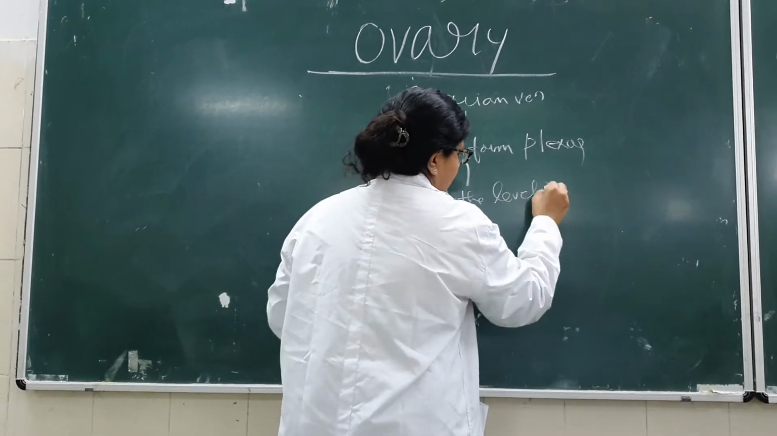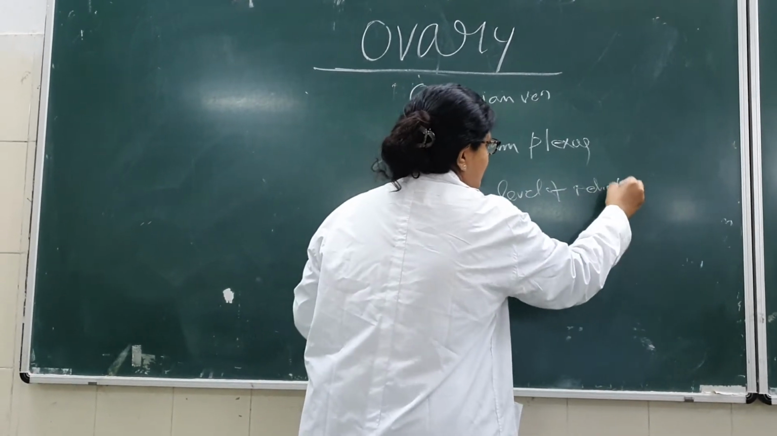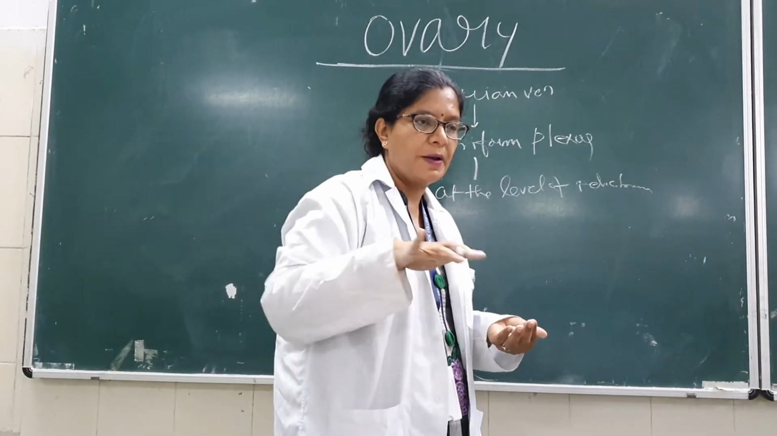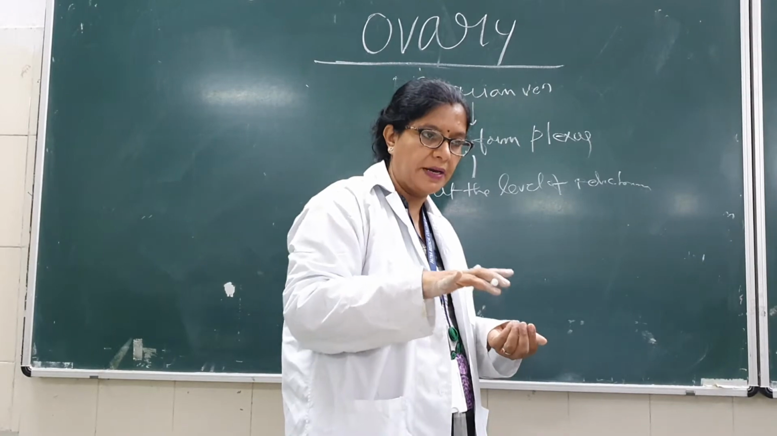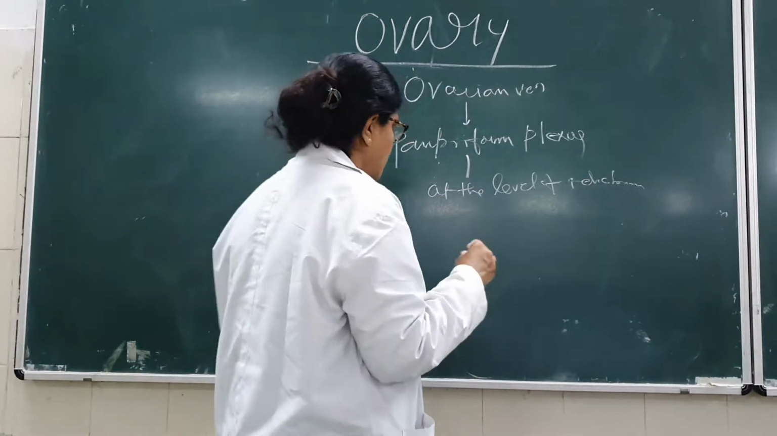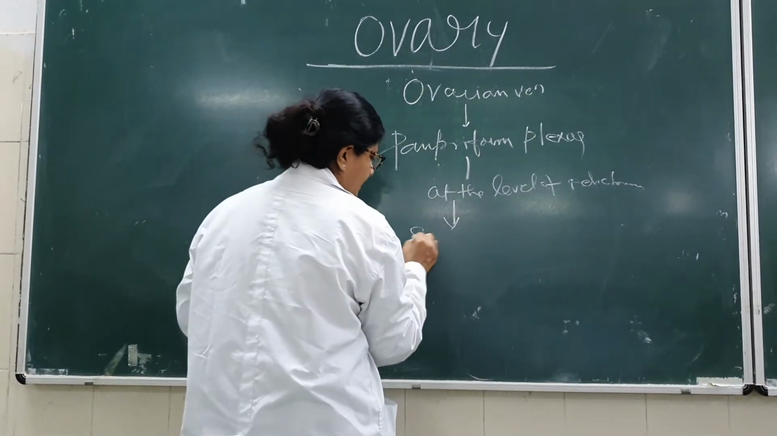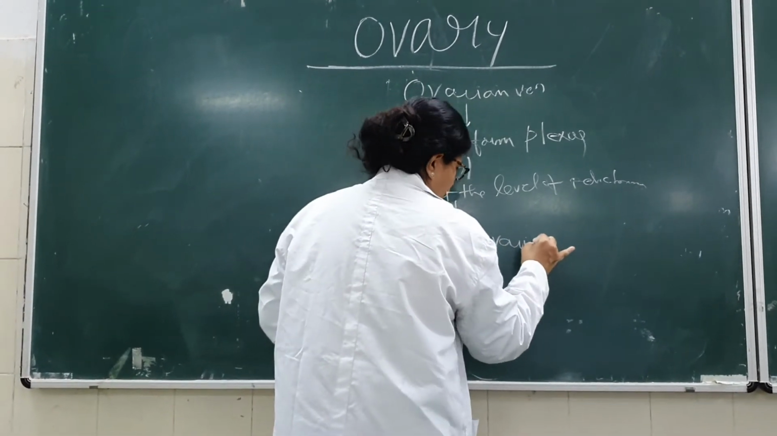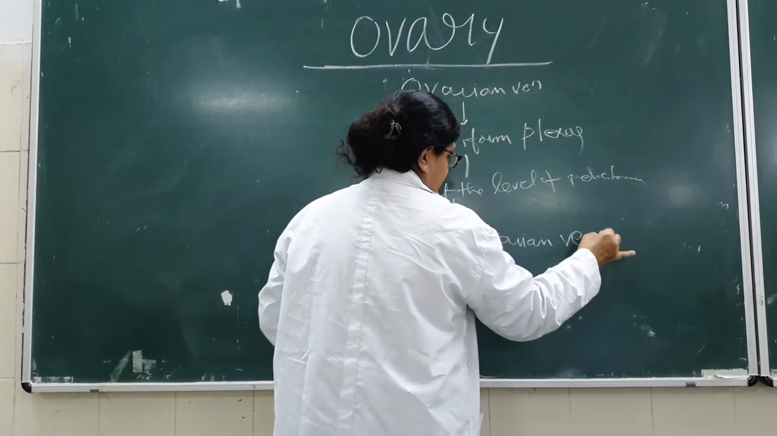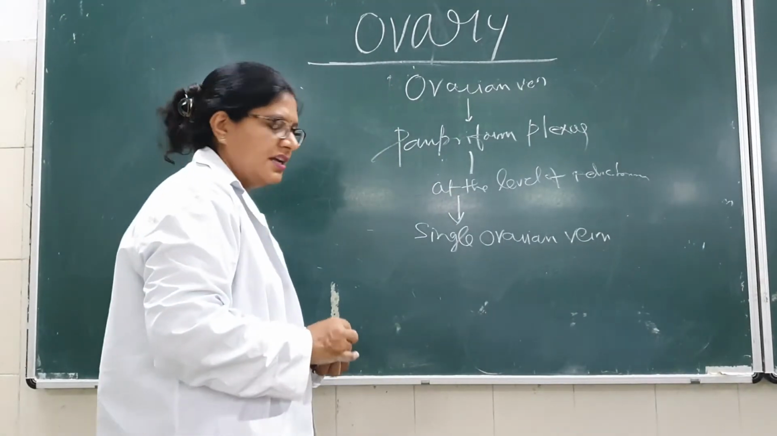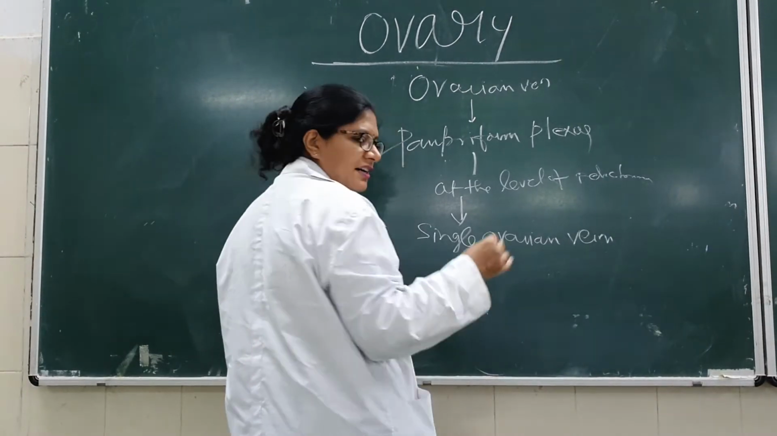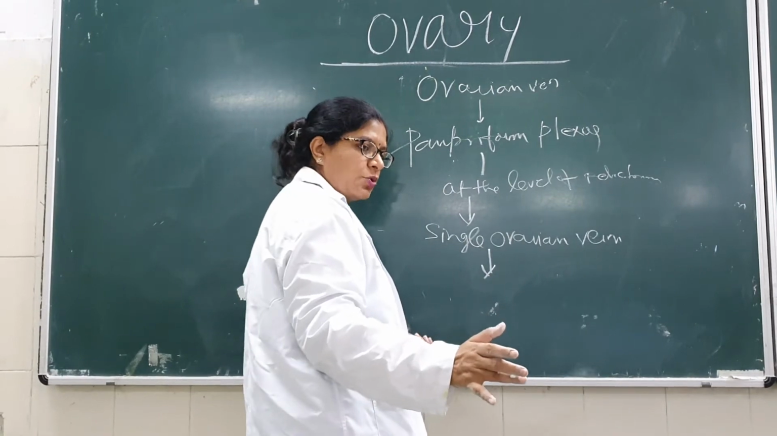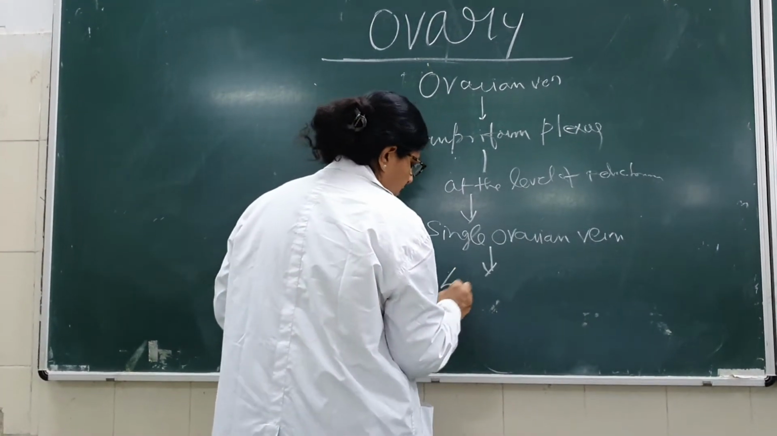Okay, that will form the pampiniform plexus at the level of the pelvic brim. The pelvic brim is the junction between the false pelvis and the true pelvis, where the upper part of the true pelvis begins, and from there its entry will be, and this will form a single ovarian vein. A single ovarian vein, and it will be near that ovarian artery, beside it. Where the artery is, there the vein will be, there the nerve plexus will be, and it will supply